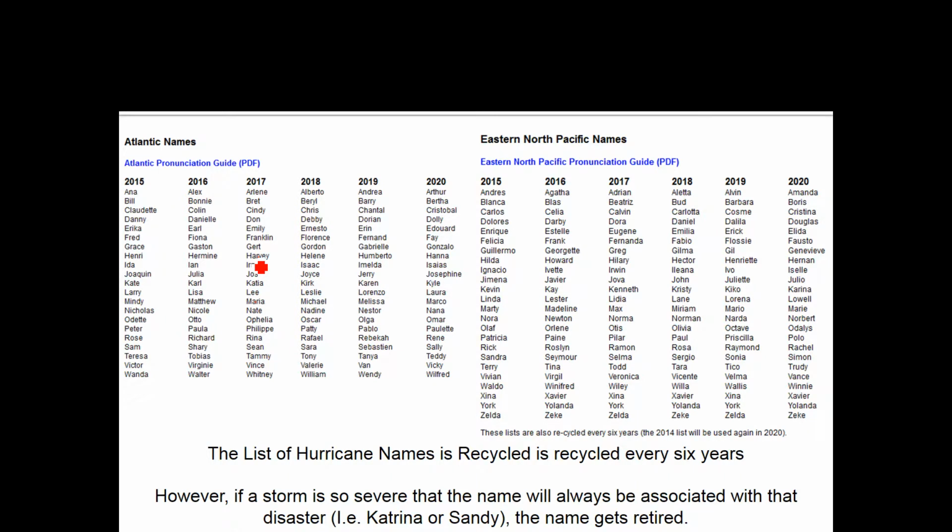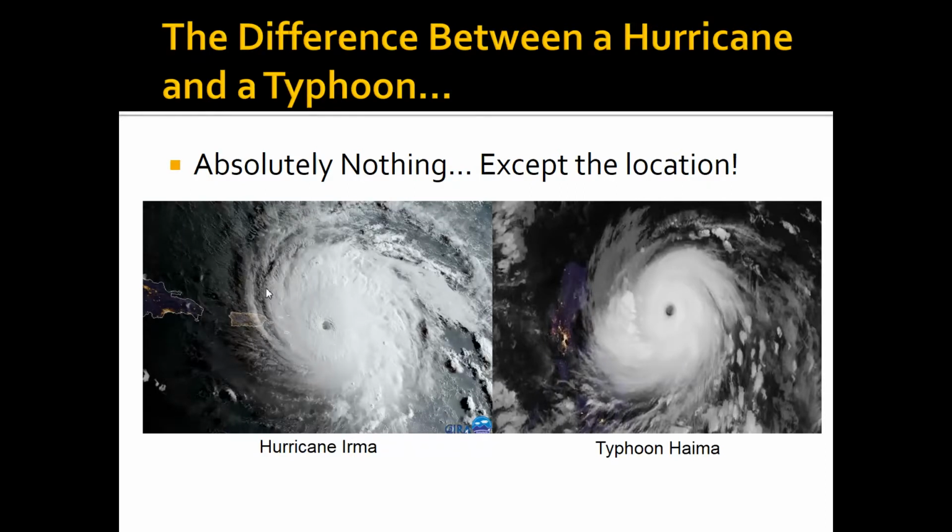So if you notice on this list, nowhere on this list is a Katrina. Nowhere on this list is Katrina. Instead, it was actually replaced with the name Katia. And then if Katia ends up becoming an intense hurricane, causing damage, and ends up getting retired, they would then replace it with a new name. And with that said,